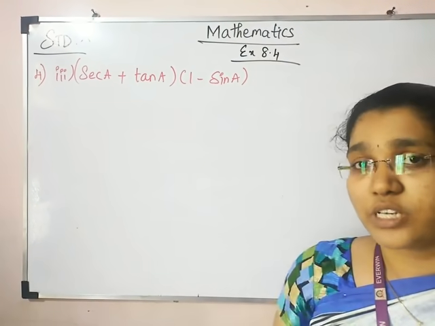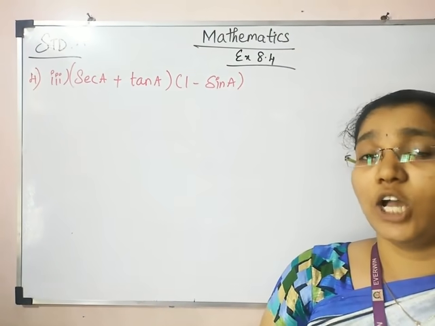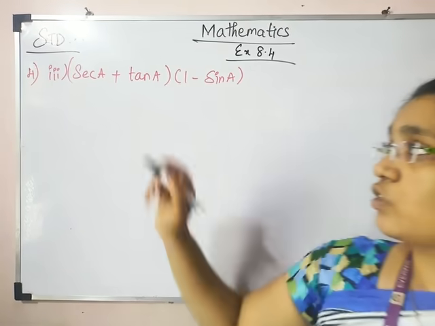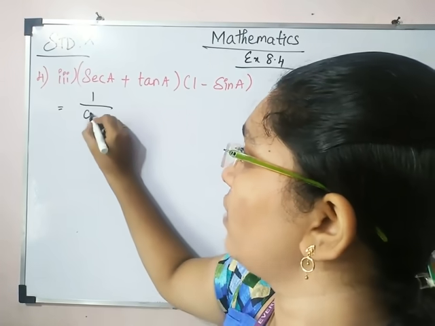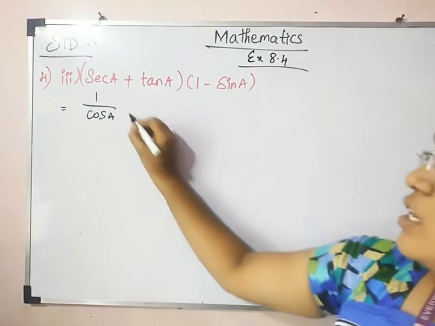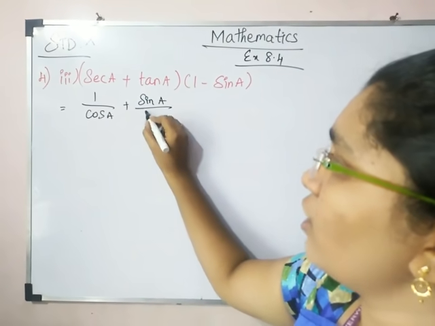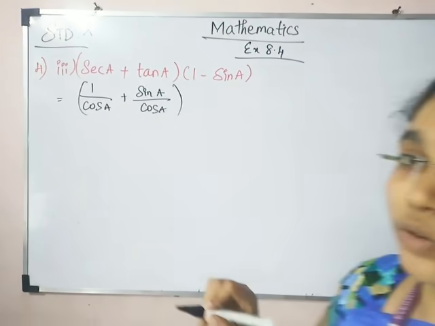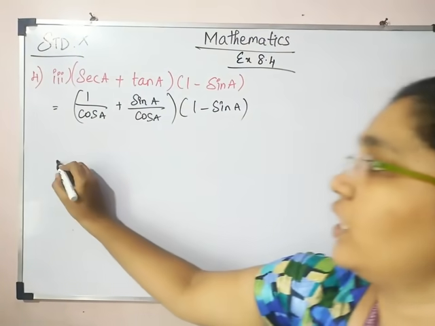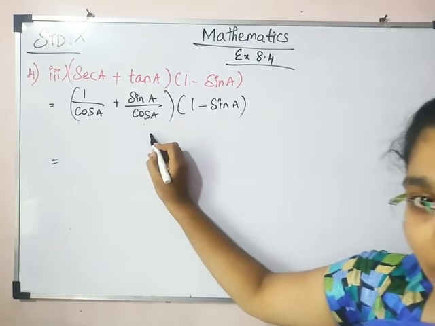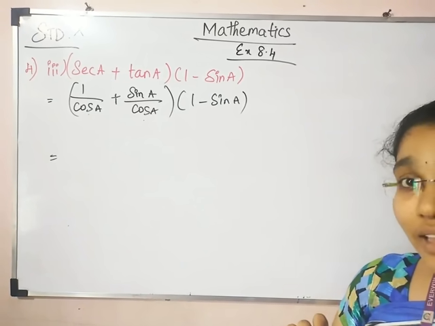So for this kind of questions, first you convert the given identity in terms of sin and cos for our convenience, right? So first secant A, how can we write in terms of sin and cos? Secant is nothing but 1 by cos A, right? So plus what is tan A? How can we write? Yes, it's nothing but sin A divided by cos A. Okay, so this term already is given in the form of sin. Let it be. So now here just you check cos A, denominators are same, right? Here we have an addition symbol. So if denominators are same, directly we can add the numerators.